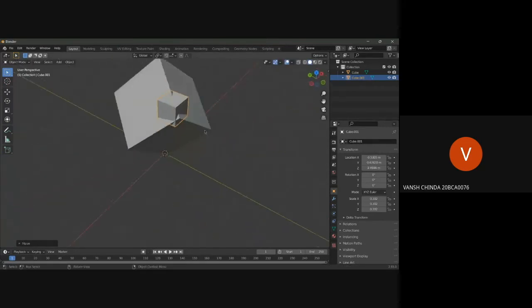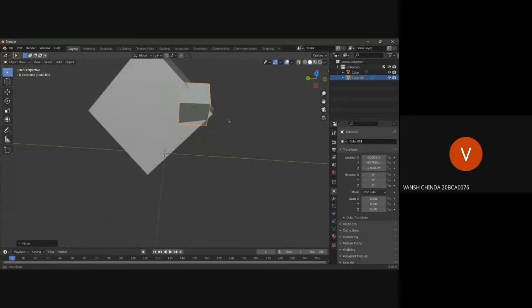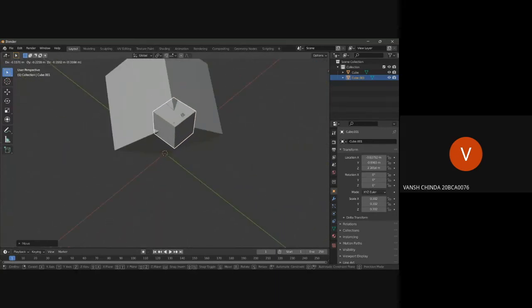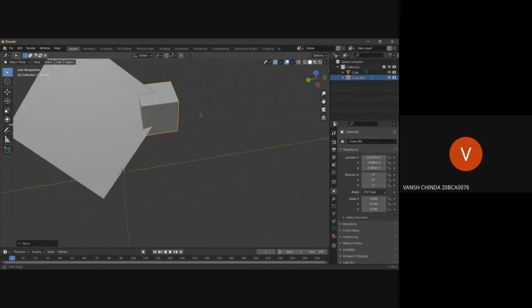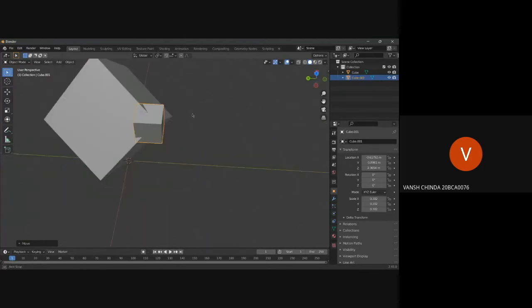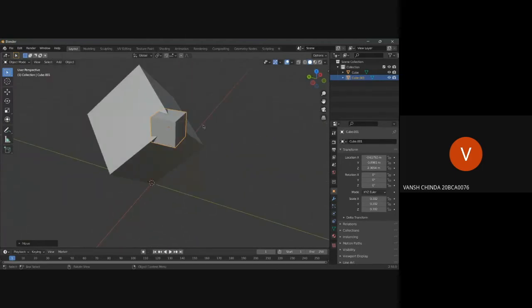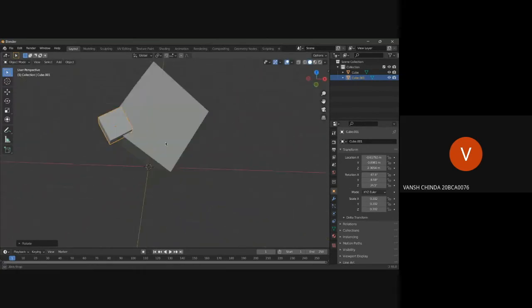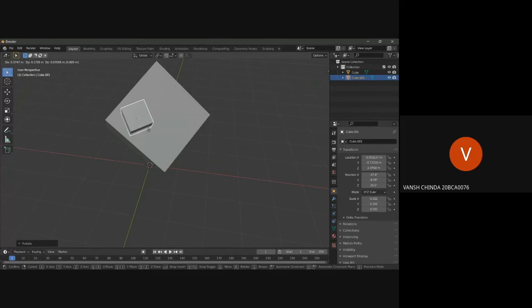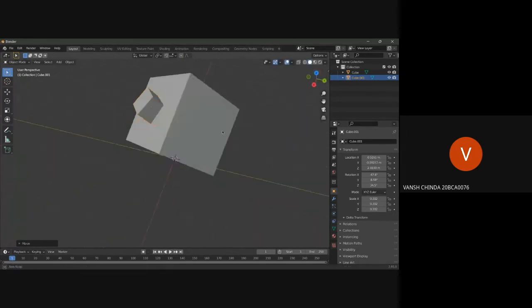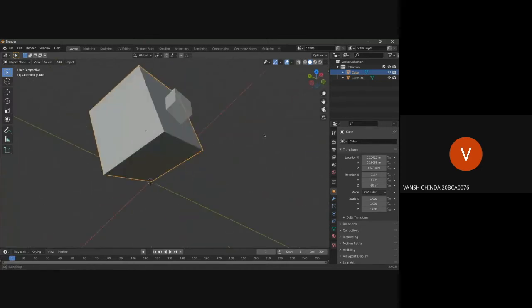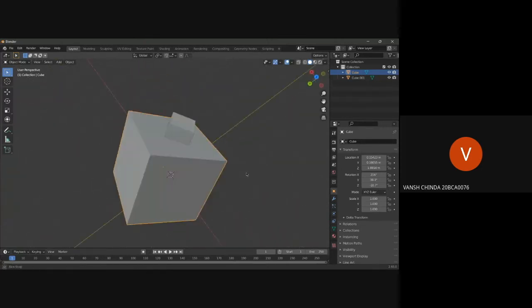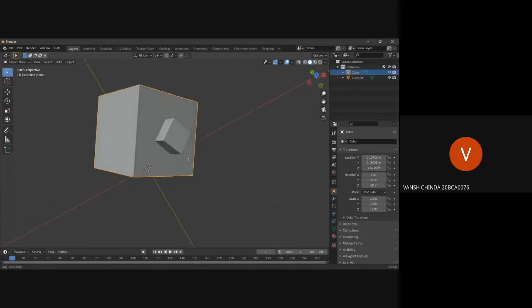We'll try to create something abstract, like in some art museums. No, this doesn't look good. Let's rotate it very similar to the previous cube. Okay, it's rotated here. Now let's place it somewhere here. I don't know, this is art. So this is a very basic introduction. We'll end creating objects here.